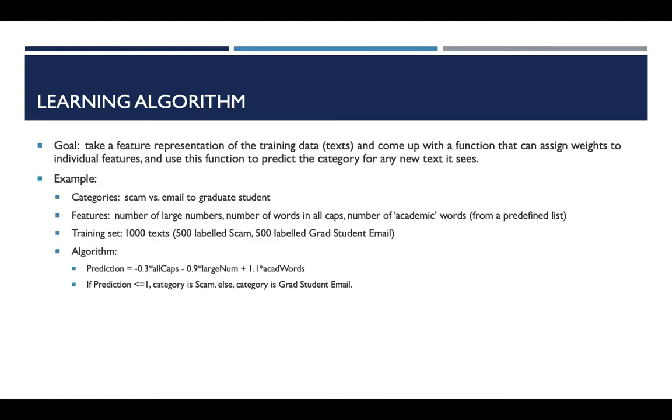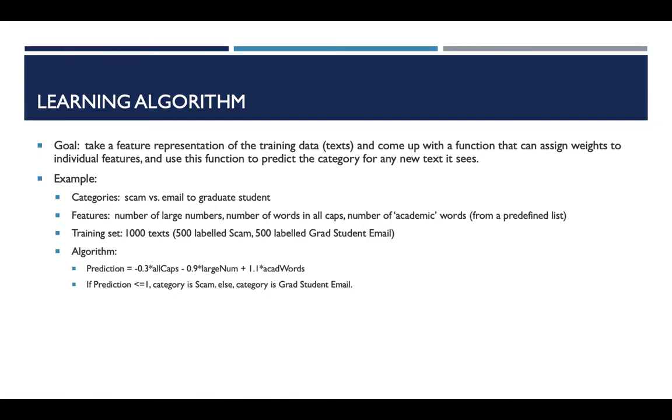Here's an example. It's not a very good example. I don't know that it's a real life example. It's one I just made up, but I think it gets the point across. So let's say we have all these emails, and some of them are scams, and some of them are emails to a graduate student. And we've decided to use a handcrafted method of feature engineering, and we've decided on a few features that might be useful to us,